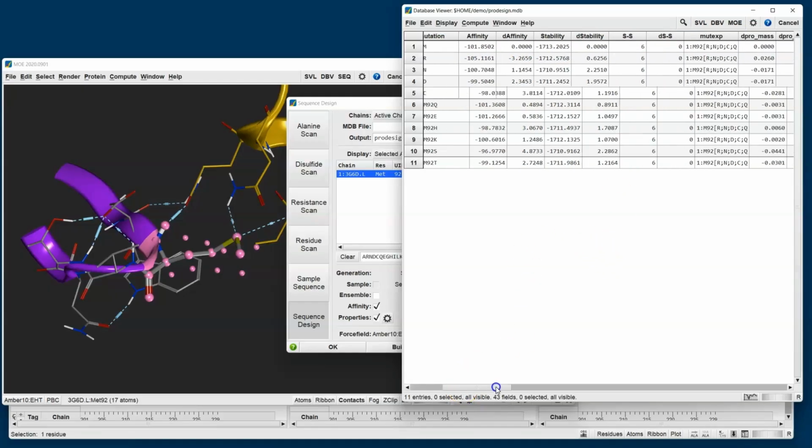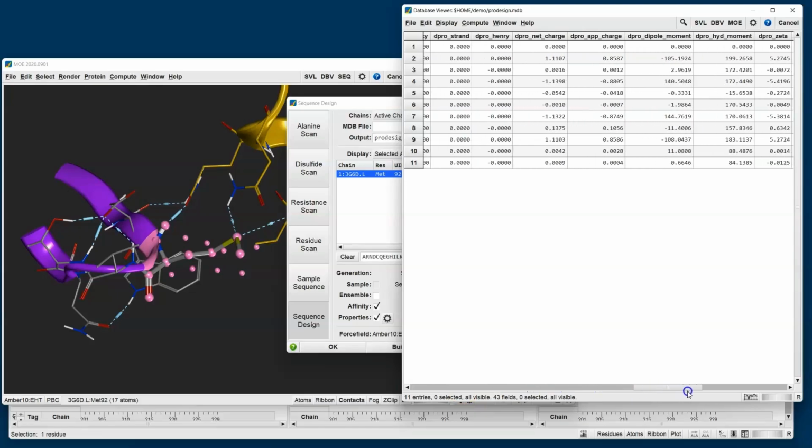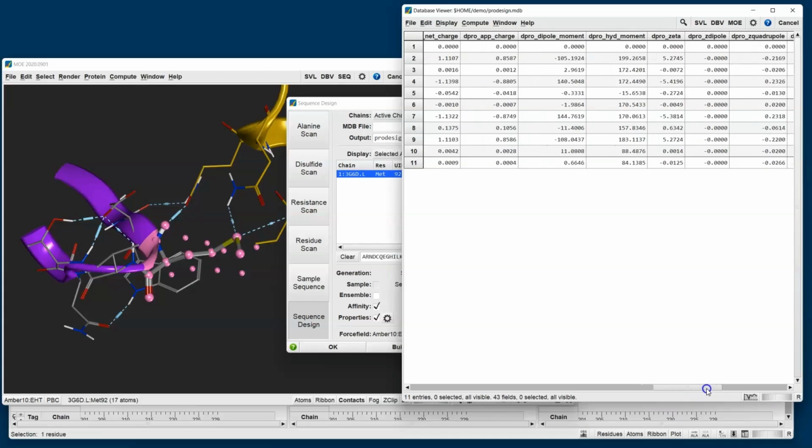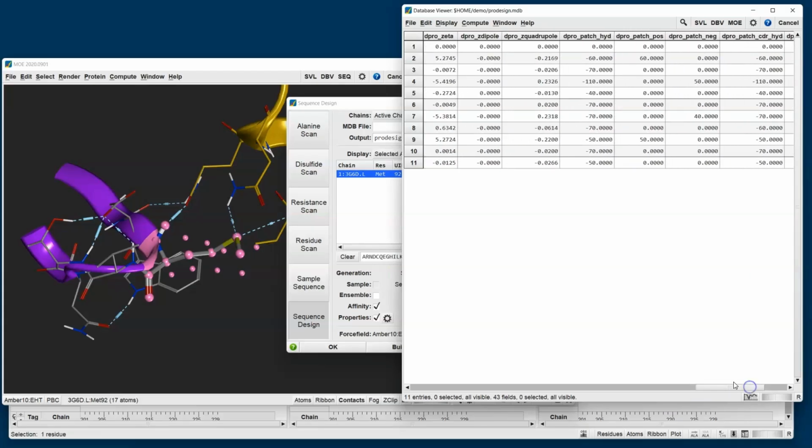If I just scroll along, you'll see that we're also calculating the protein properties as we saw earlier in the panel as we went through that. And along with this, we see some interesting results. So here we've got dpro patch hide. So this is the size of the hydrophobic patches near the CDRs, and it's reassuring to see that these are negative values, suggesting that the mutations that we're making are actually reducing the size of the hydrophobic patch near the